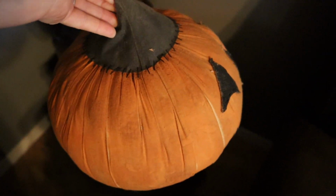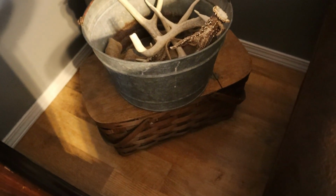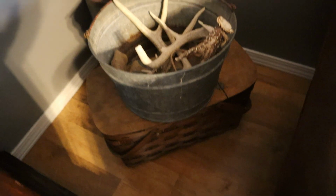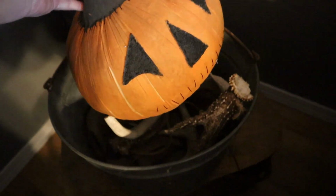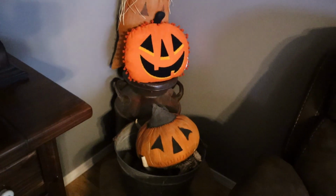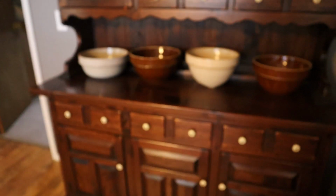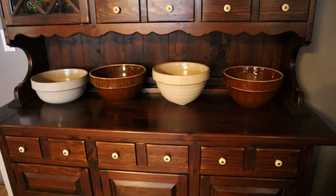And it's made out of fabric, painted. And I just set it here on one of my baskets, my picnic basket with some antlers. I just set this right down in here for a really rustic look. So looking over here, I got all of my crock bowls placed